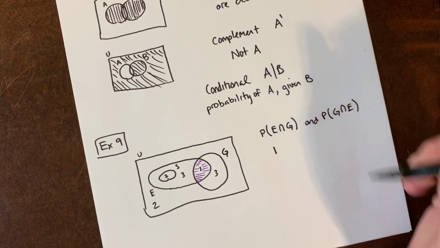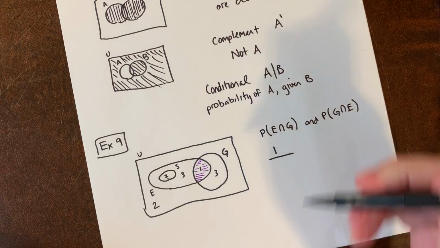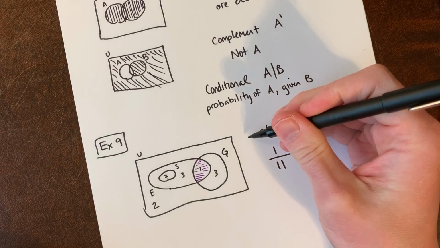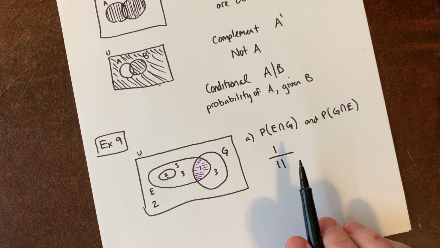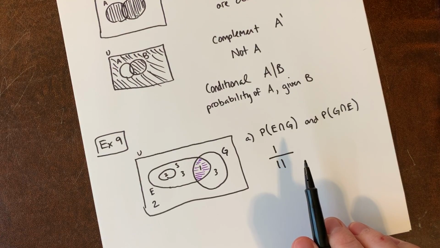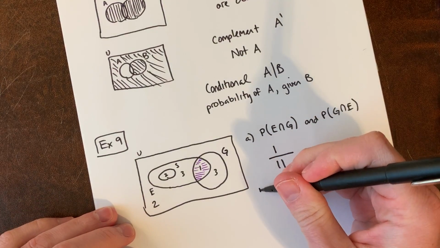So that's going to be in our numerator. And then our total population of students that were surveyed is going to be the 2 here, the 2 there, that's 4, 5, 6, 7, 8, 9, 10, 11. So there's 11 total students. So for A, the intersection of E and G, or G and E, is going to be 1 student out of 11. Okay, and they're the same, the probabilities. Okay. All right. For B,